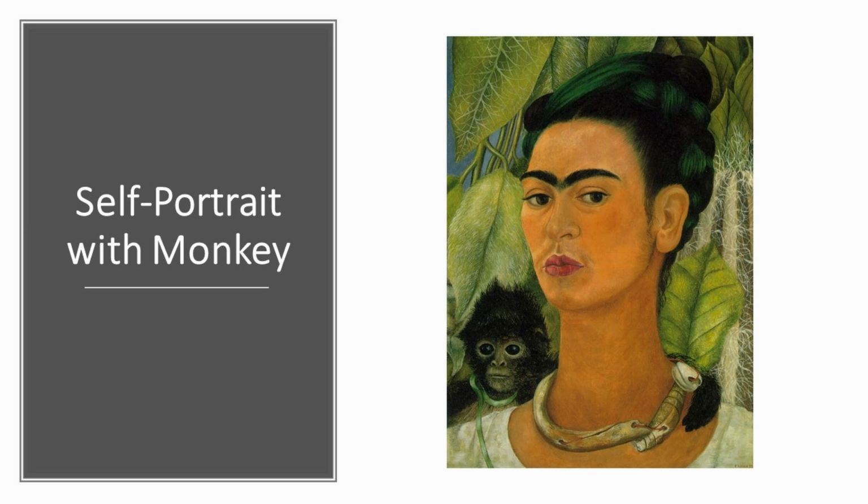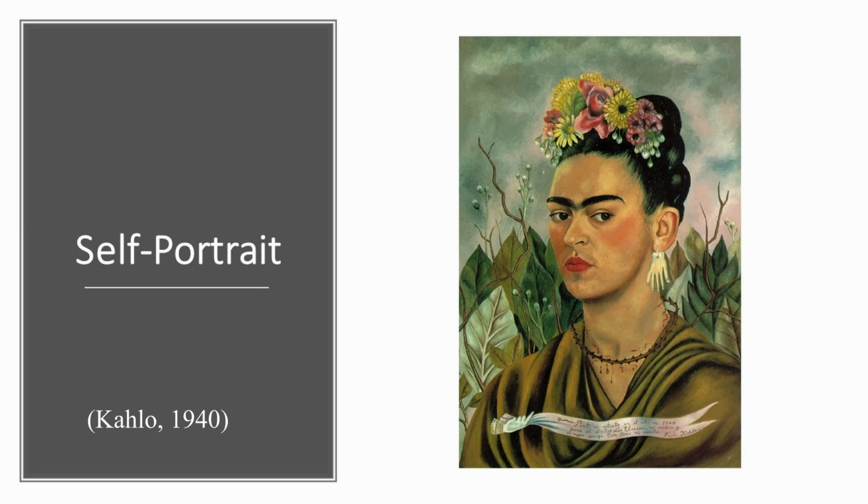Fast forward two years later to 1940. This is Self-Portrait 2. We take a look at her differing perspective on the world. It's just two years later, but she's already expressing that she feels trapped by the circumstances in her life, that she's unable to enjoy the beauty that's around her, that she still tries to portray as far as the subject matter goes, but as far as the composition of the painting,